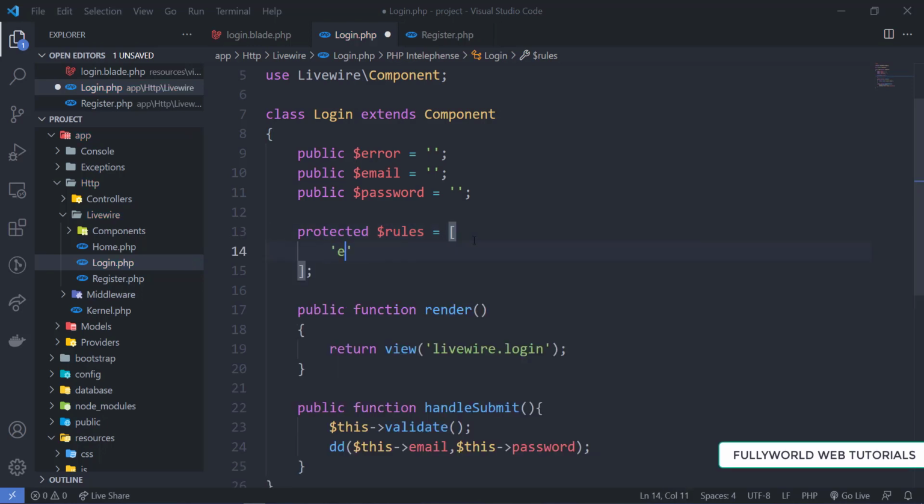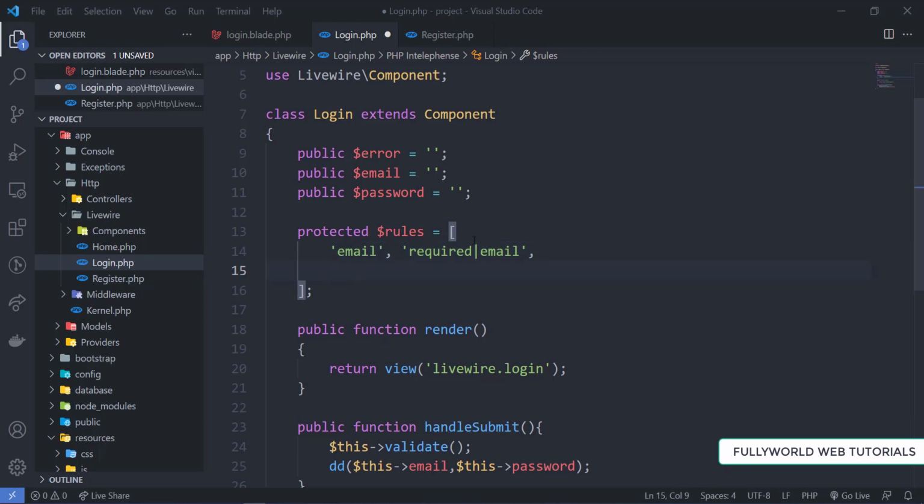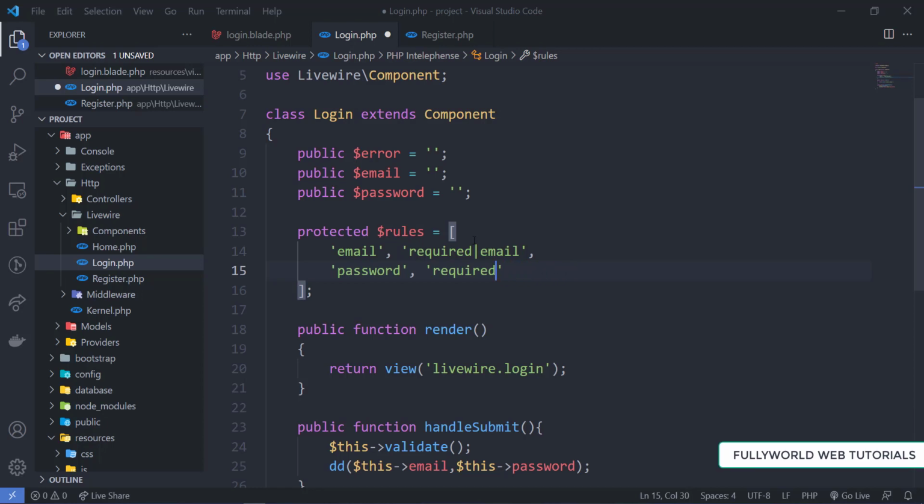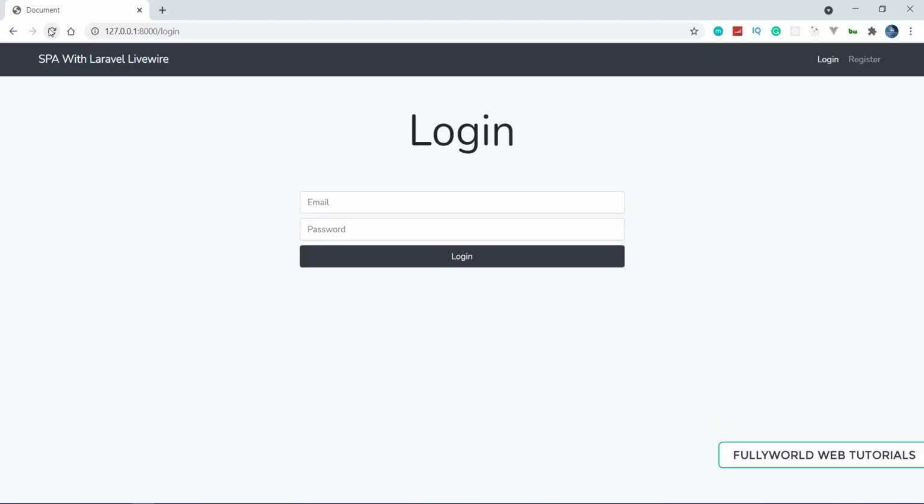So here we will get email, and this email should be required and it should be email. And then we need password, and it is also required. Save it. Now reload it.